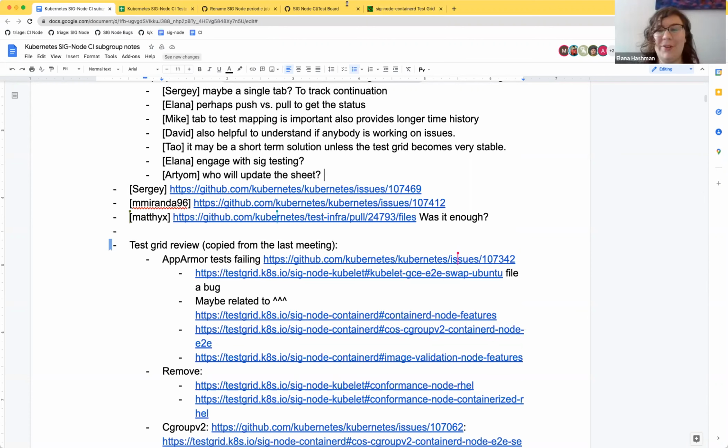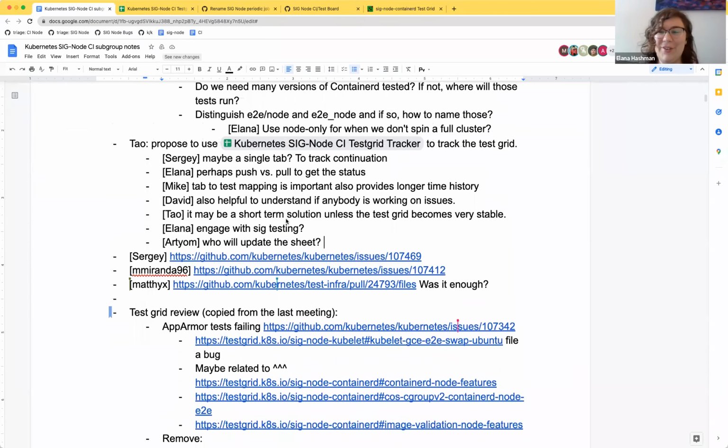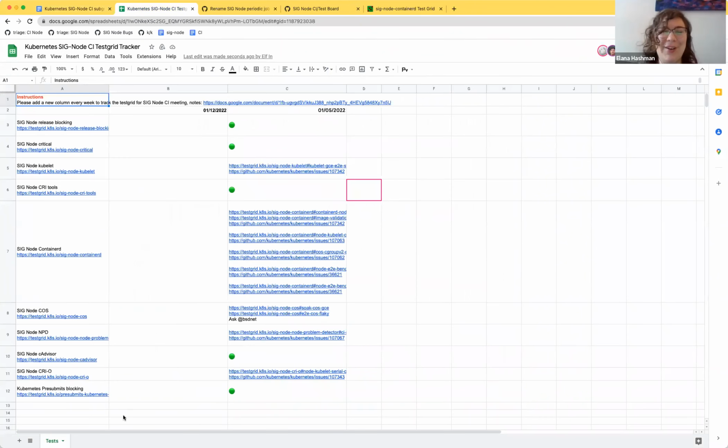I think this is a really good discussion, and I want to thank Tao for taking the initiative to put together something better to track this stuff. To be clear, this test grid monitoring is a new initiative this year, and I also want to thank Sergey for kicking it off. Previously most of our test grid monitoring was, oh, Alana looked at test grid today and found something failing, or Matthias looked, or Mike looked.